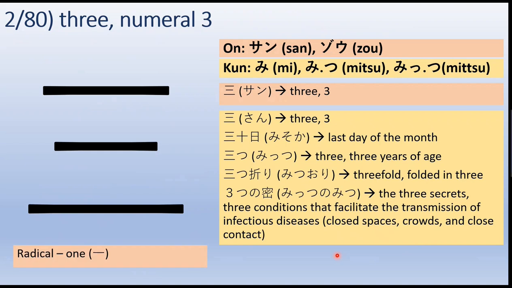The radical is 1. As I just said, it has been derived from the radical 1. And this is the stroke order. First this line, then this one, and then the third one. So do remember the length of each of these lines and the sequence. The next is